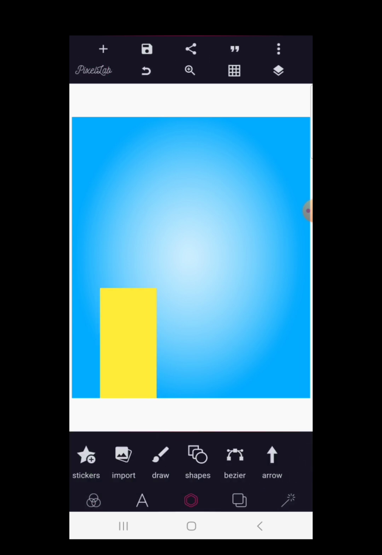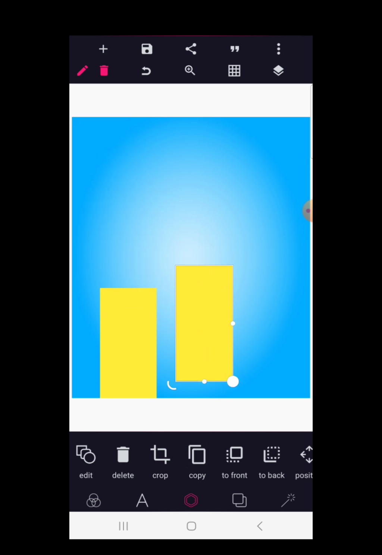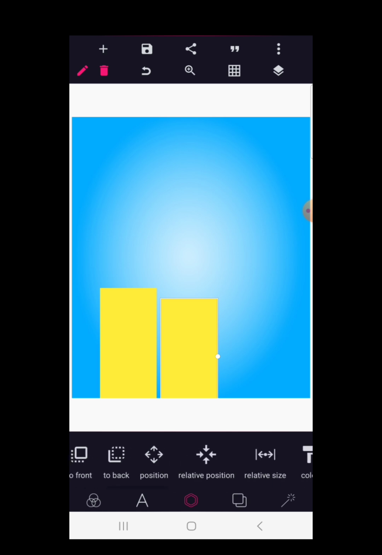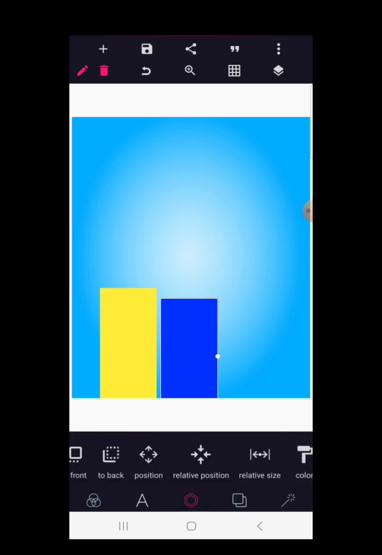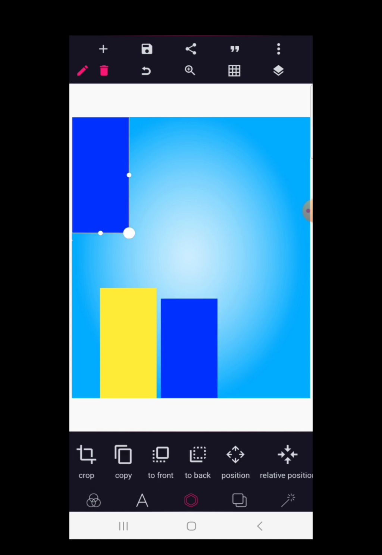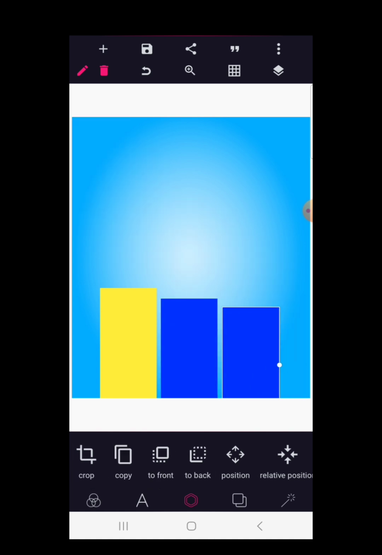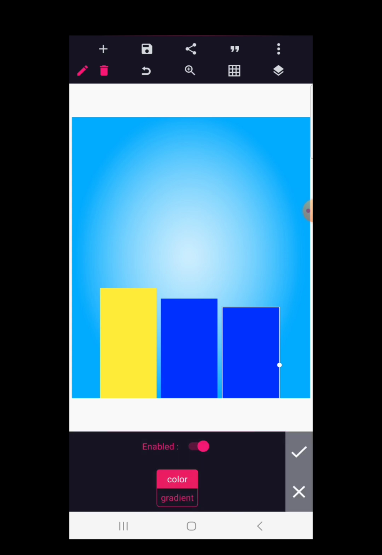Then we're going to make a copy of this, bring it here also. Now step it down a bit. Okay, there is a reason why we're doing that. So go to your color and give this a perfect blue color, and again make a copy of this, step it down. So we are basically creating what looks like a histogram. For those of you that did statistics in school,